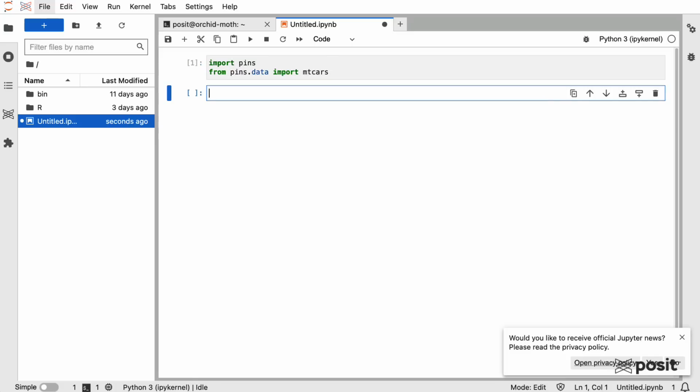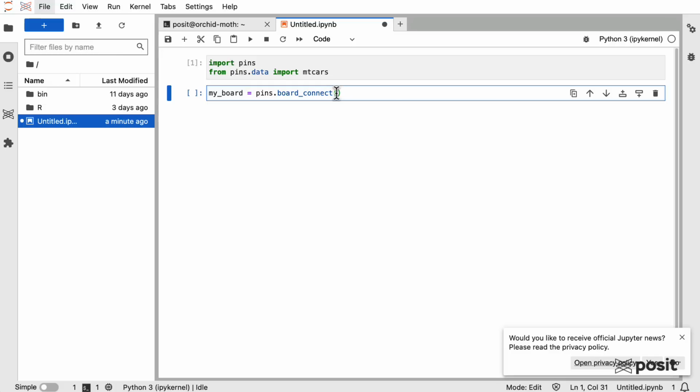And to pin this mtcars dataset to Posit Connect, we first need to register our board, just like we did before. So our board, I'll call it my_board again. And this is going to be created using, from within the pins package, the board_connect function. And we're going to run this, but before we do that, we need two things. We first need to define our server URL, and we also need to provide this function an API key so that this Jupyter Notebook knows who I am.